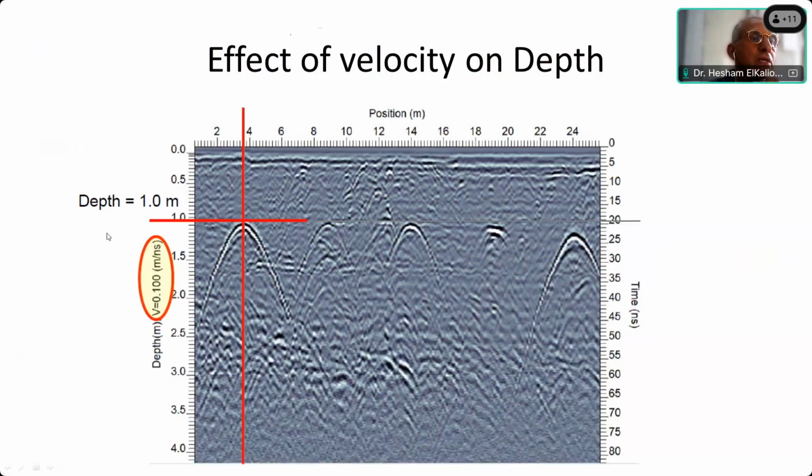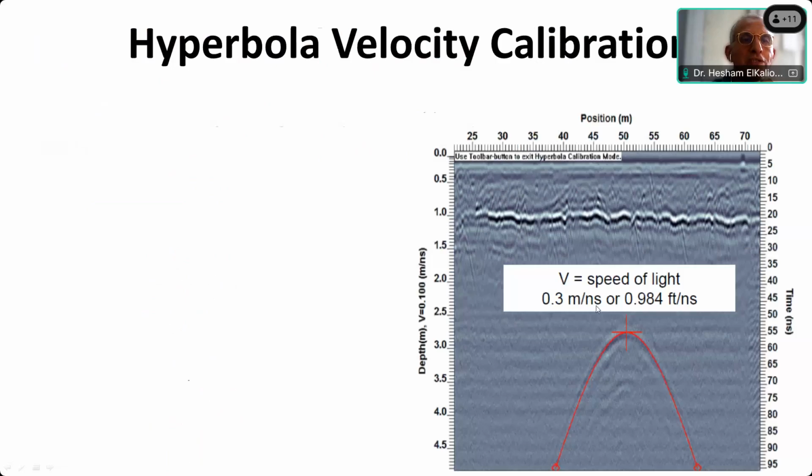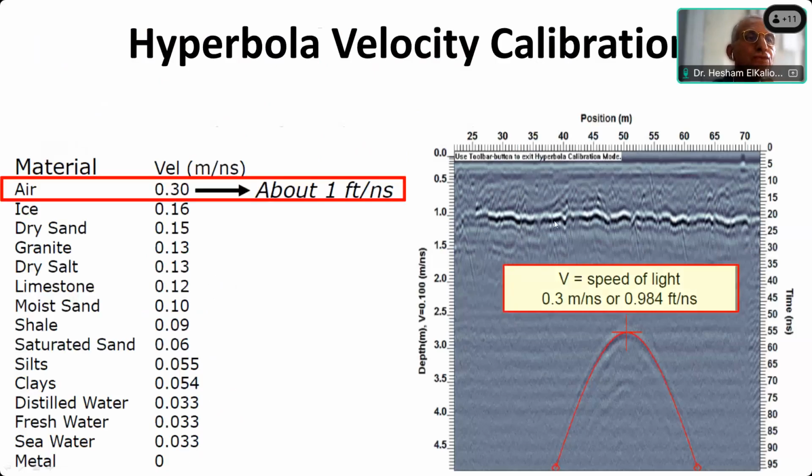For example, if you have 0.1 meter per nanosecond, the depth is from 1 meter to about 4 meters. But if you apply a velocity of 0.14, the depth will change, about 1.45 meters up to about 5.5, because you use a higher velocity. So if you apply, for example, this large hyperbola, which is 0.3 meter per nanosecond, which is for light, which is for the air actually,